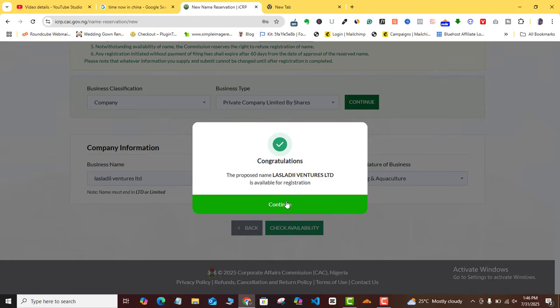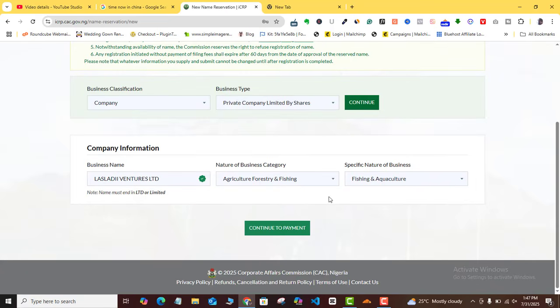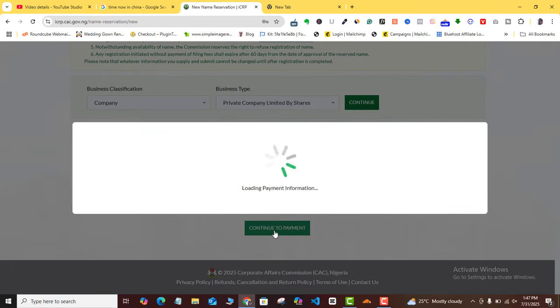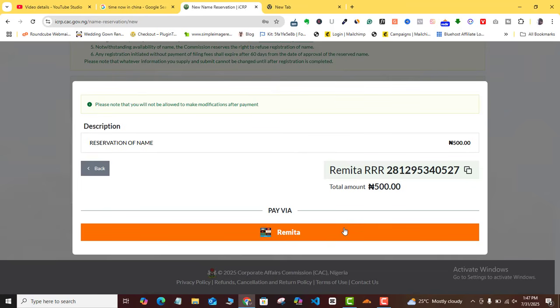So all I need to do is to click on the continue button. Once I do, you can see here that it shows marked here. Remember that once you make a payment, you cannot change all of these categories again. So make sure you're choosing the right categories for yourself before you continue to make payments. Once you're sure that what you've done is good, you want to click on continue to payment here. It's going to require that you pay your reservation fee of 500 naira,